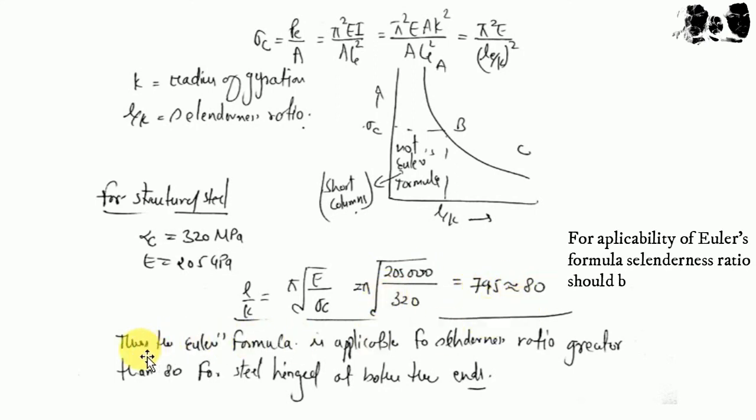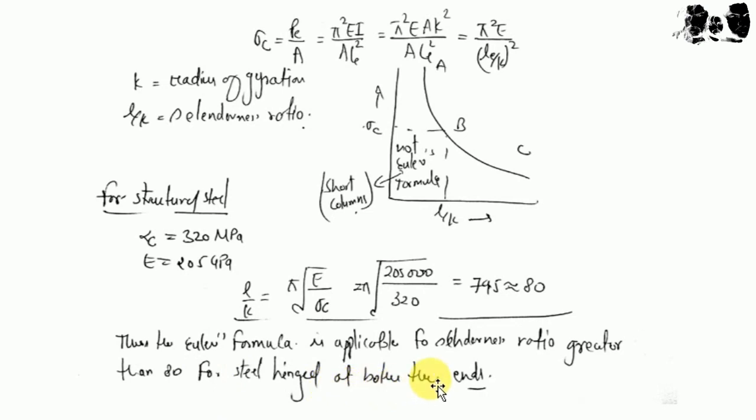Thus Euler's formula is applicable for slenderness ratio greater than 80 for steel hinged at both ends. So we can easily say that in case both ends are hinged, for a steel column, the slenderness ratio has to be greater than 80. Okay,